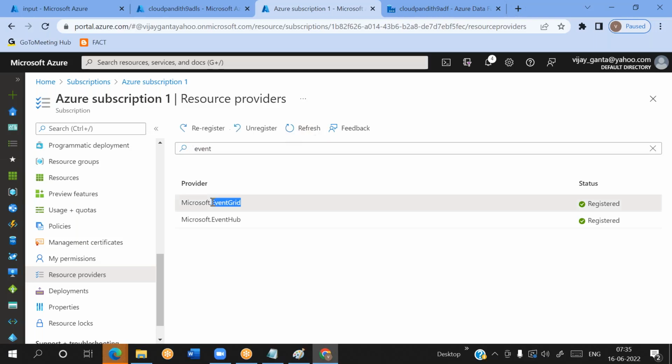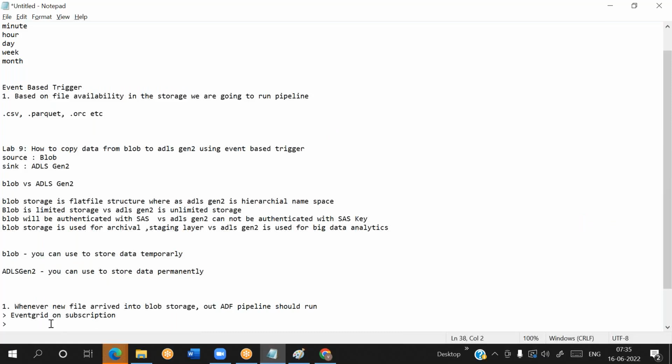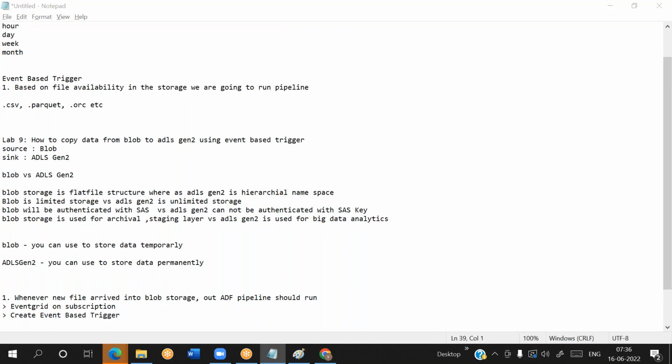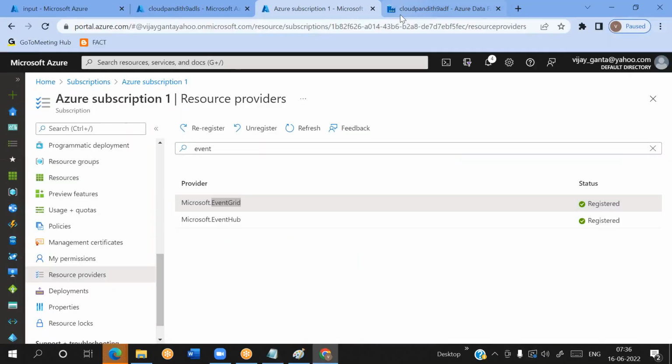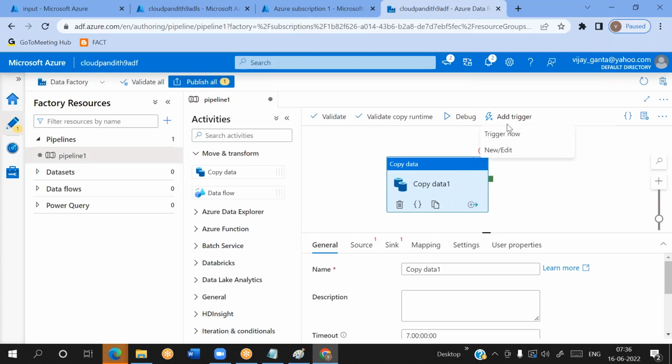So it is registered now. It is registered now, okay? This is step one. Step two, create event based trigger. We need to create it on ADF now. Come to Azure Data Factory, go to add trigger. Okay, so new/edit trigger,